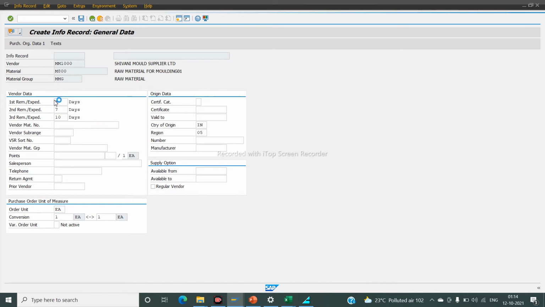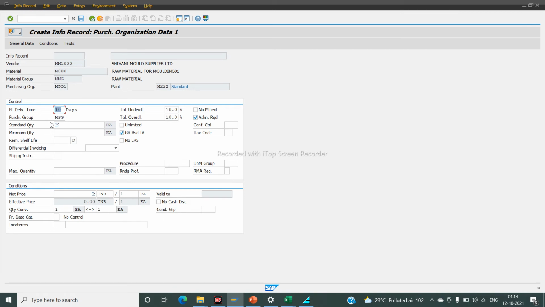Enter. I entered 10 in the material master for planned delivery time. Now purchasing group, standard quantity for PO, I take 10,000, minimum quantity 10. Also tax code B0. Also net price, 110 is our net price for each material.